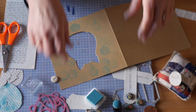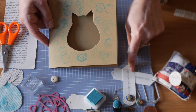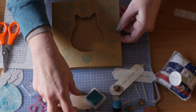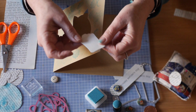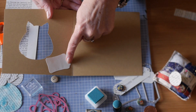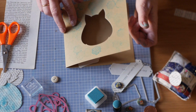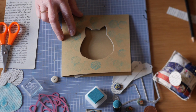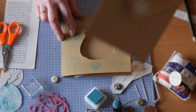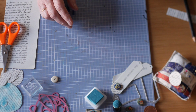And there we are, all ready to assemble. You can pop the Mother's Day or birthday there. Cut out a little tag with scissors or again with the Big Shot, just so you've got room to write your own message. And don't forget to put something on the back of the envelope as well. And that's the end